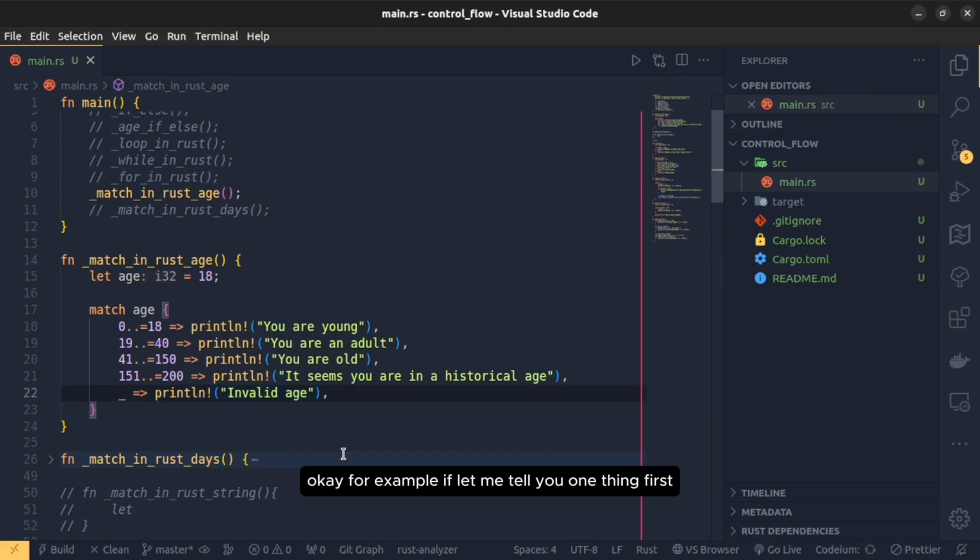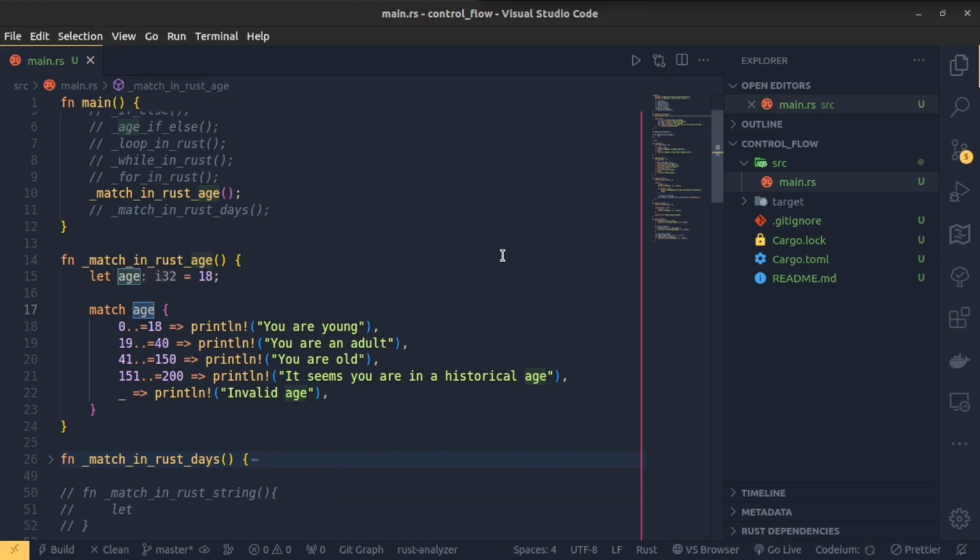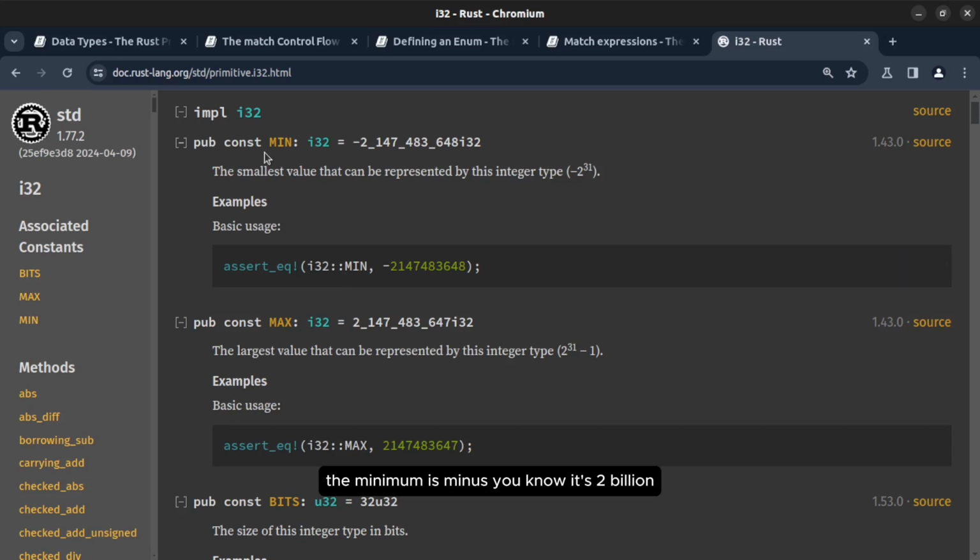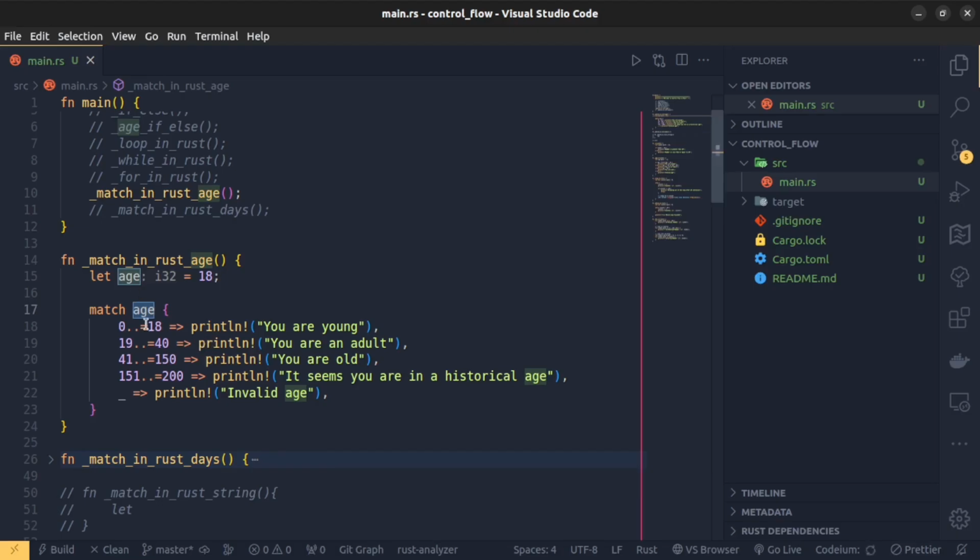Let me tell you one thing first. This variable is i32, and i32 has a range of numbers. The minimum is minus 2 billion. This is the i32 minimum, and this is the maximum. That means we have a lot of possibilities for this match arm to have numbers. So if we stop here,